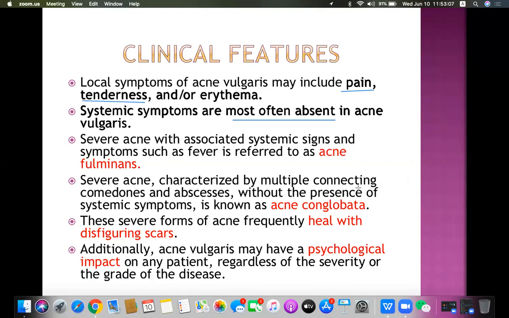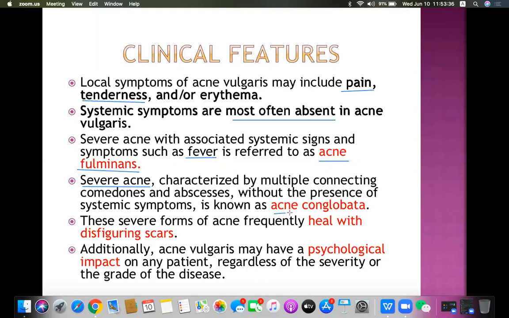But there are certain types of acne which are considered very severe forms, where even systemic signs and symptoms are seen. One such condition is known as acne fulminans. So look at the term, acne fulminans. Fulminans means a severe type of infection. So in this type, even fever can occur. Another type of severe acne